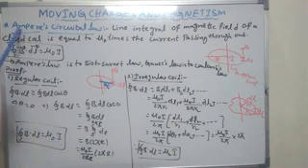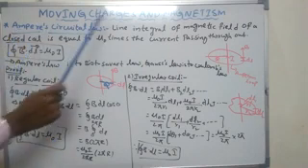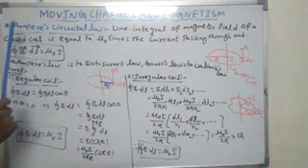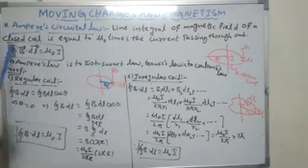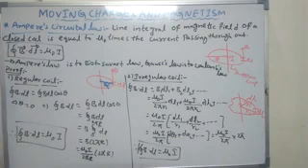That's why the scientist Ampere gave this statement: the line integral of the magnetic field of a closed coil is equal to μ₀ times the current passing through it. If you remember this statement, you can easily write the Ampere circuital law statement. It's very, very important for the board exam. They'll ask for 1 or 2 marks. So, state and explain Ampere circuital law for 2 marks. For 1 mark, state Ampere circuital law.